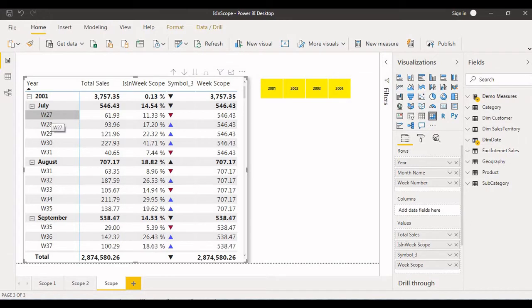So in July month, what is the week 27 contribution compared to the July month? What is the July month sales? 546. Week 27 sales how much? 61.93. So what is the percentage of contribution for week 27 in July month? Okay, 11%. In week 28, 17%. 29th week, 22 percent. 31st week, 7%. Based on this percentage, we can see whether it is upside or downside, and also color